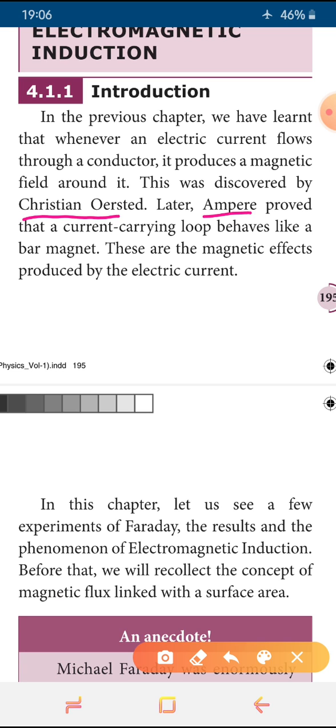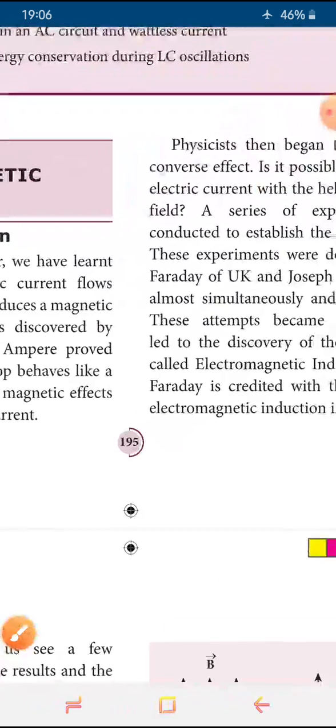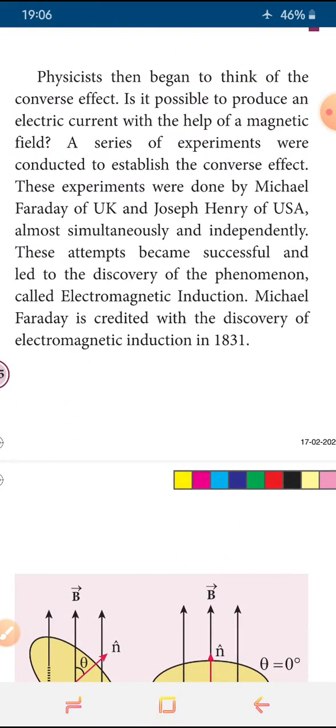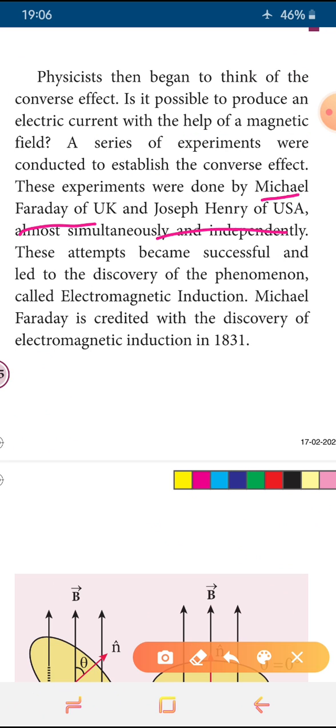Until then, they thought current and electricity were different. After Christian Oersted's experiment and his explanation, we understood there is nothing different between them. Using a magnet we can produce electric current, and using electric current we can produce the magnetic field. Later, Michael Faraday of UK and Joseph Henry of USA did the same experiment which was explained by Oersted